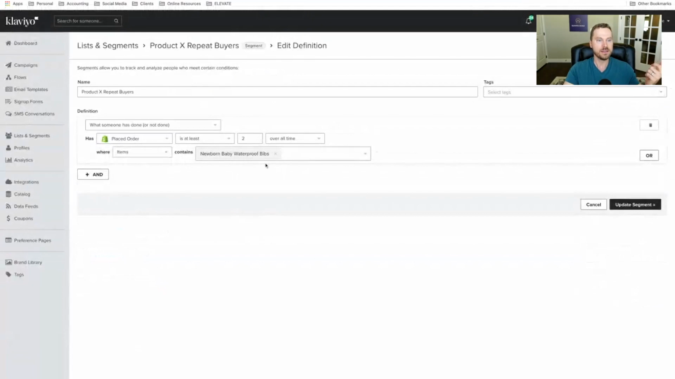Just as an example, let's say we wanted to create a group of repeat buyers for a particular product. So again, we're using the exact same thing, placed order. In this case, we're going to say is at least 2 over all time. And then here, when you get into the filter, this is where you could put in a particular collection, or you could put in particular items. So what I've got here is this random product, newborn baby waterproof bibs. So this segment is only going to include people who have placed at least 2 or more orders from this